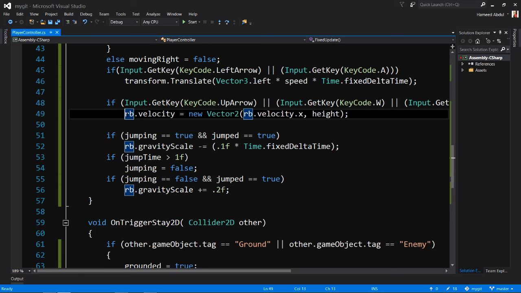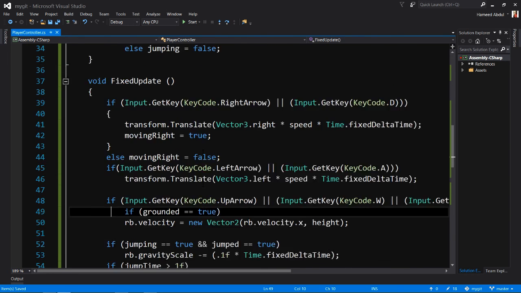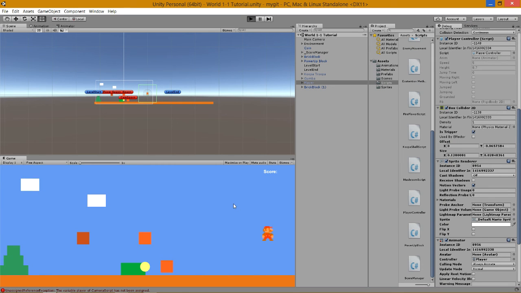So okay, I see what I did wrong. So line 49, or my line 49, where we're actually doing the physics behind the jump, above that we want to set if grounded is equal to true, and that should fix this, I think. So under line 48, just at 49, pop in if grounded equals true. That's if your script looks exactly like mine, but if not, just go above the line that says rigidbody.velocity equals new Vector2 rigidbody.x and height. So let's give that a try, and hopefully,